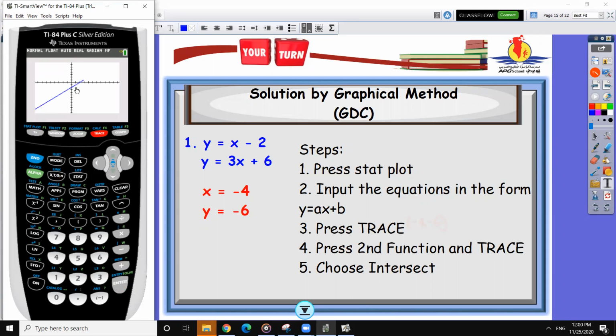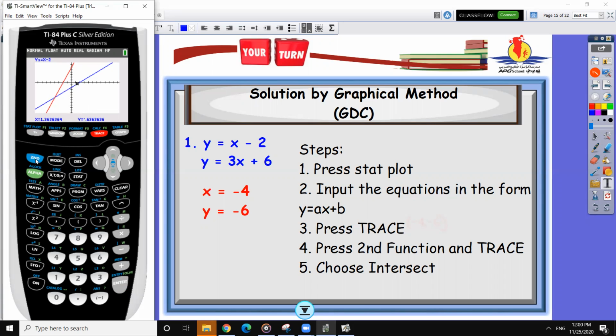So as we can see, we have the graph here. But in here, we don't know exactly if this is really 1, 2, 3, 4 and 1, 2, 3, 4, 5, 6. What if we have a decimal number here? So what we're going to do is that we're going to get the exact intersection of the two graphs for us to be able to know the value of x and y.